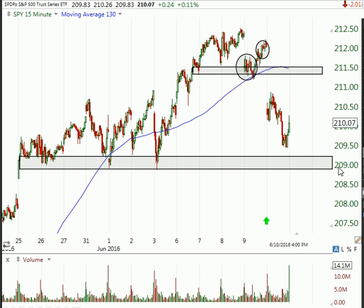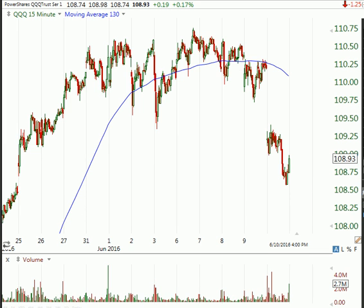So right now I see us going into next week as potential for support near 209, guilty until proven innocent until we can get back above 211.50, for the Nasdaq. This market obviously here on this 15-minute chart,